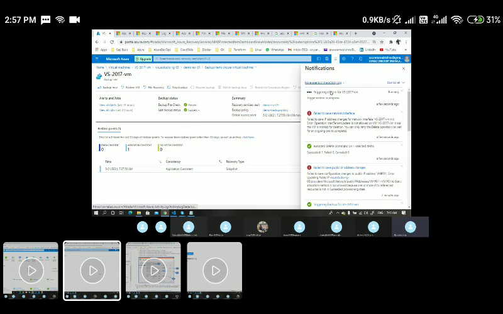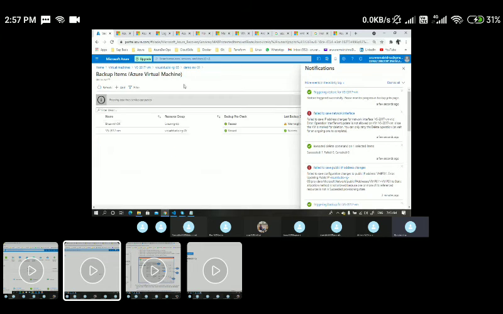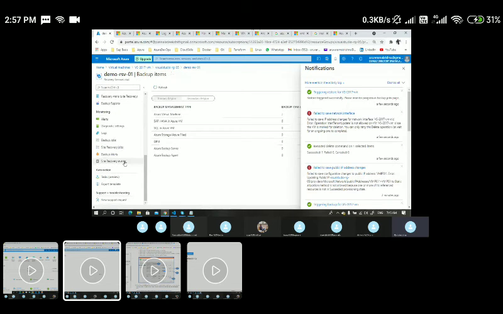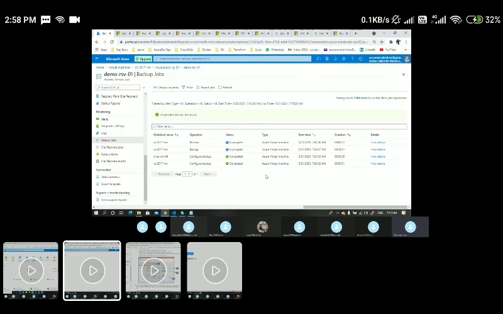If you see here, this time I'm able to create a VM because I have deleted the previous VM and it has released the core quota, and the restore is triggered successfully. If you wanted to monitor the jobs, you can just come back here and go to backup jobs, and you will be able to see the exact progress of what is happening. So here, the backup, which is already done, I haven't stopped the backup. That is the reason it is still showing in progress. And I have just now initiated the restoration. Here you could see it is still in progress.